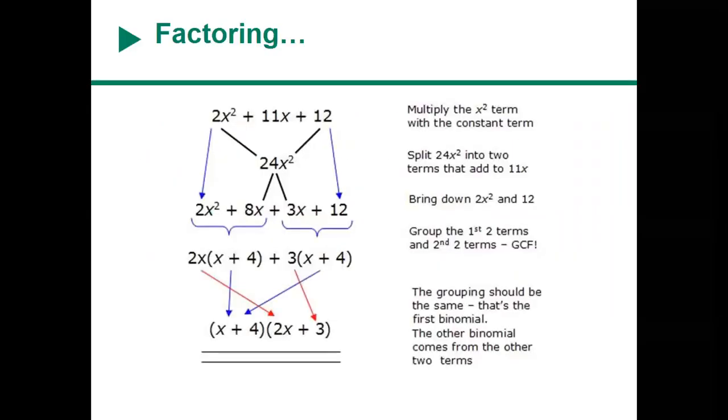Things to remember: factoring. Do we all remember how to factor? Okay. If you're going to do it in your head, this is factoring by grouping. So factoring by grouping, you multiply your A term times your C term, and that gives you a value. In this case, we get 24x squared. After you multiply your A times your C term, you're going to ask yourself, what multiplies to give me 24